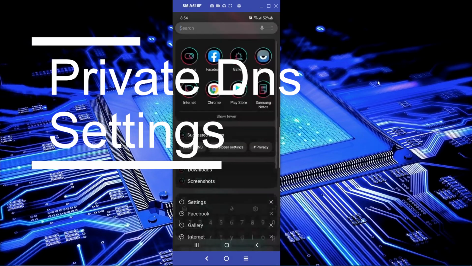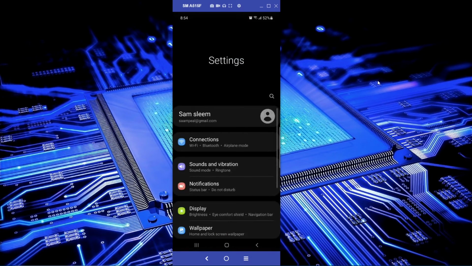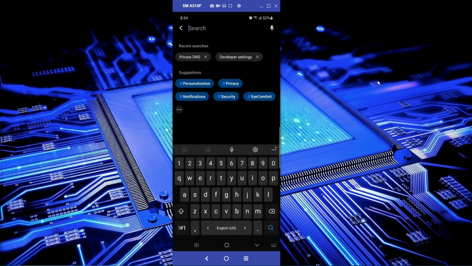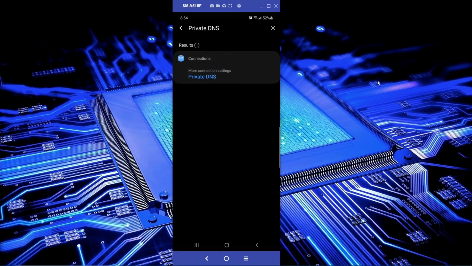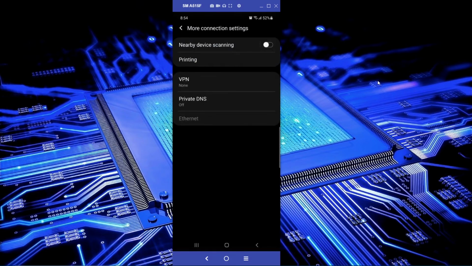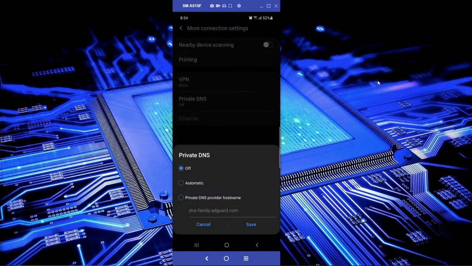Now the third method will be through settings. So let's go to settings, then search for private DNS. Then from there you click on private DNS and click on private DNS provider hostname. Now here you need to change the hostname, and there are different hostnames you can look for on the internet. So I found this one, which is